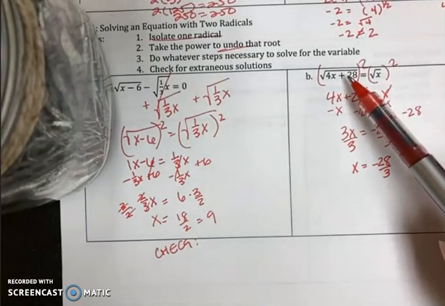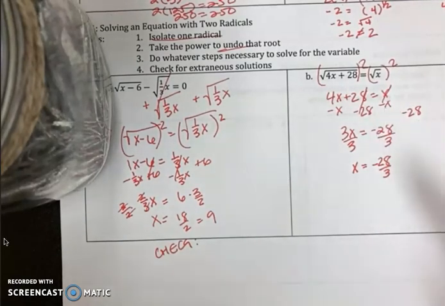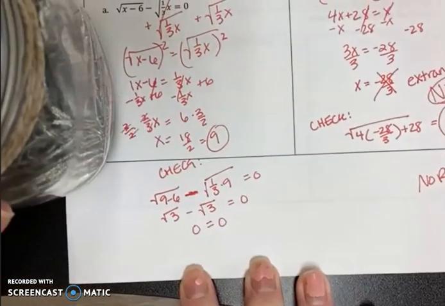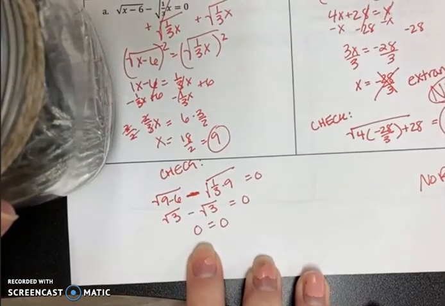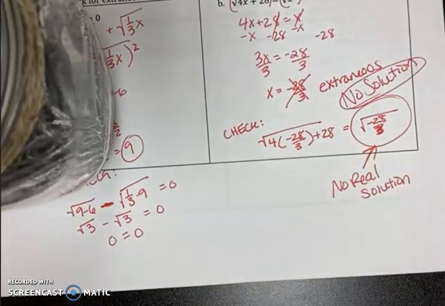Part B, the radicals were already isolated, so I would just square each side, set them equal to one another, solve for x. I get -28 over 3. The check for part A, it did end up working out, but if you take a look at part B, I'd have a negative root, which cannot happen, so no